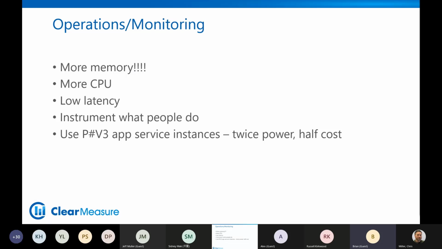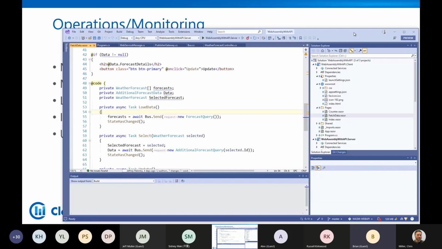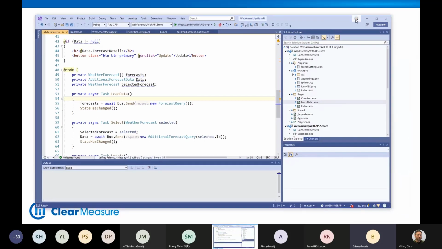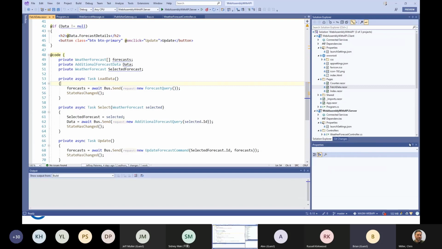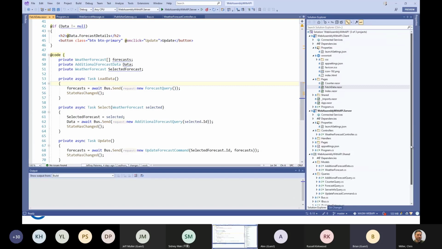Before I go into Operations Monitor, I want to talk to you about one more really, really useful pattern for WebAssembly and getting back to the server. And this is the pattern for how to set up your web services. So in any particular application, you are going to have any number of reasons to go back to the server. Okay. So let's say that you have a regular line of business application or a data collection application, a system of record application.